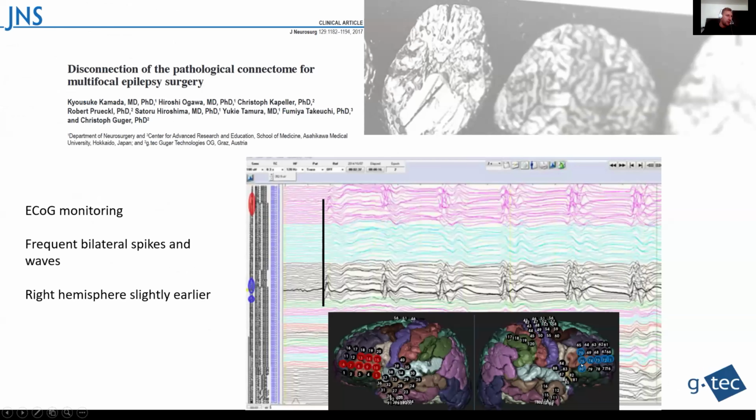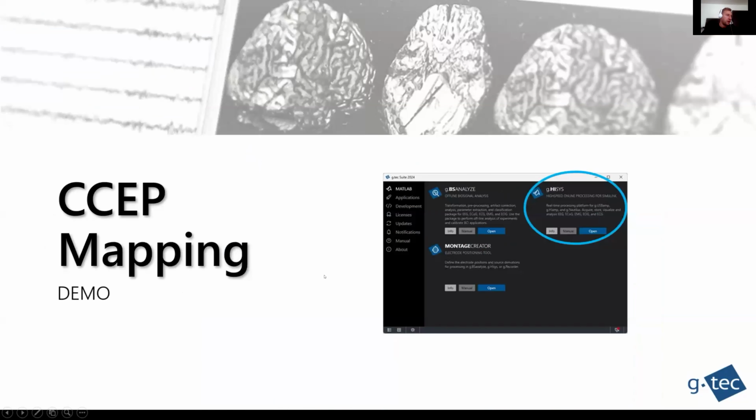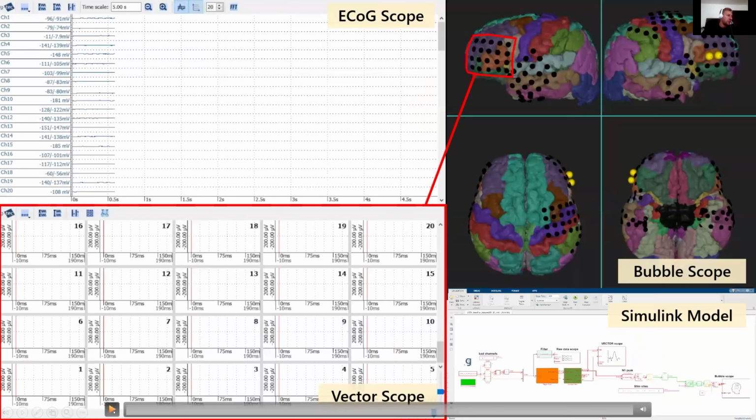So here, for example, we have a case where we have bilateral interictal spikes, both on the left and right frontal lobe. And the earlier onset is actually on the right hemisphere here. So now if we perform with our CSEP toolbox in HISUS, in MATLAB and Simulink,